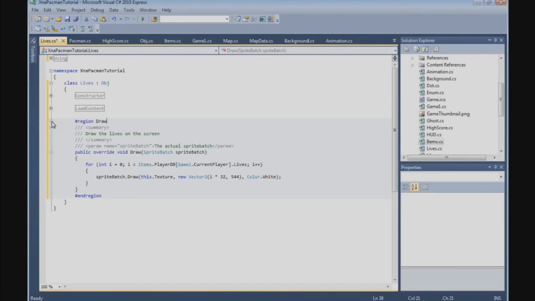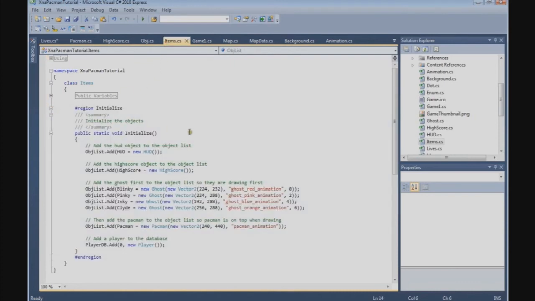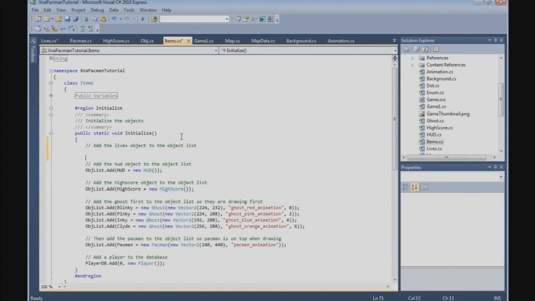Right? So now we need to add the lives class to the object list. So go to the items class, and in the initialize method at the top we can say add the lives object to the object list. And now we can say here object list.Add, and we're going to say here new lives. And now we need to pass in